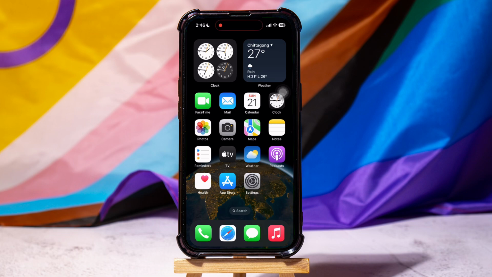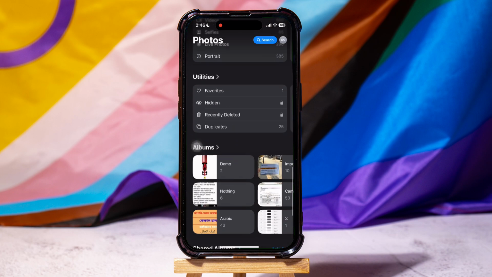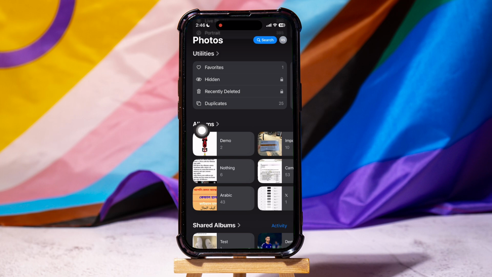How to check shared albums on iPhone. To get started, first of all go ahead and open up the Photos application on your phone. The purpose of a phone's Photos or Gallery app is to view, organize, and manage photos and videos stored on the device. Now, scroll all the way down until you reach the Albums section at the bottom and tap on